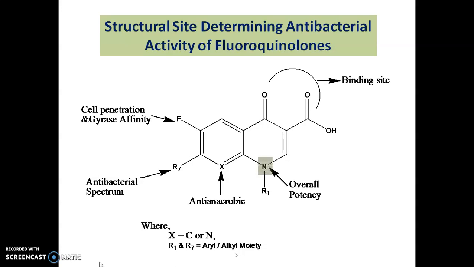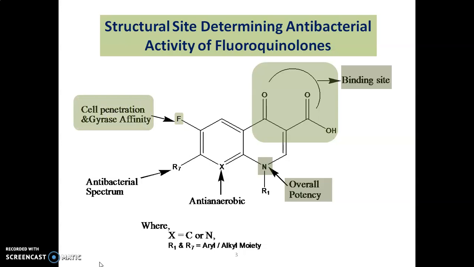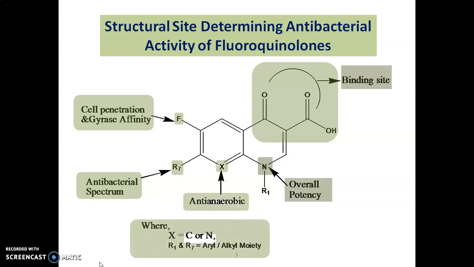The nitrogen atom is responsible for the overall potency of the drug. The carboxylic acid at third position and the oxo group at fourth position, they are responsible for binding of the drug. The fluorine atom at sixth position is responsible for cell penetration and Gyrase affinity, whereas the R7 substitution is responsible for the overall antibacterial spectrum, and X can be either carbon or nitrogen, and it is responsible for anti-anaerobic